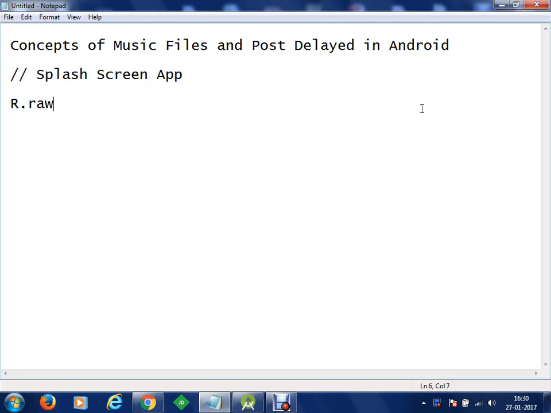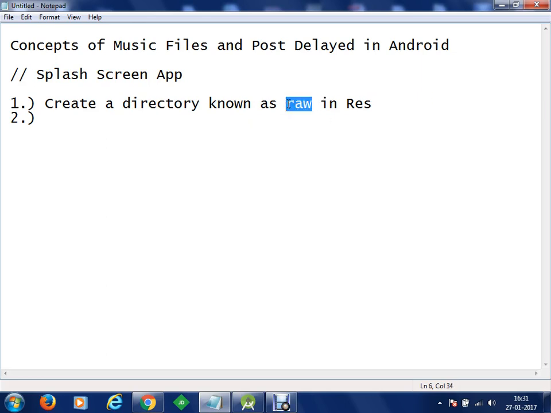r.raw. Okay. So what does this mean? This means you are going to create a directory known as raw in the res directory. Okay. Now all your music files, so you have to create a directory raw in res directory. Whenever you have to add music files to your Android application, it is advised to keep your mp3 files in raw directory only. Okay. Then what next you can do, once you have created the directory, you can add your